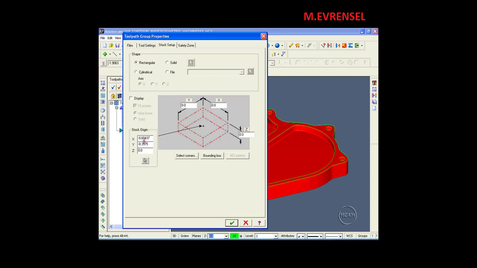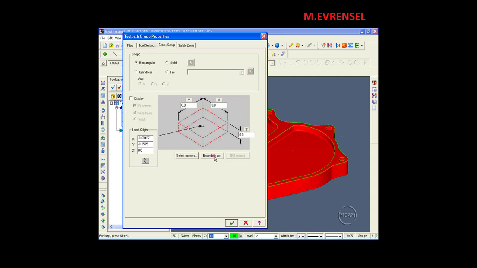If you leave this alone and utilize bounding box, it will automatically position your stock where it needs to be done. To save us any type of confusion, don't input any values in this. Don't move this little indicator around. You can click on it and drag it. Let's leave it in the middle